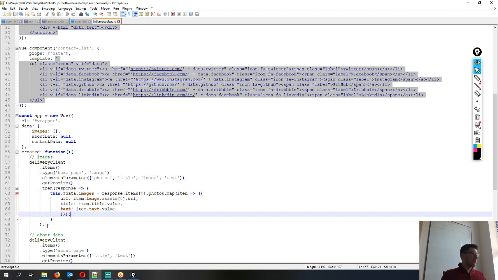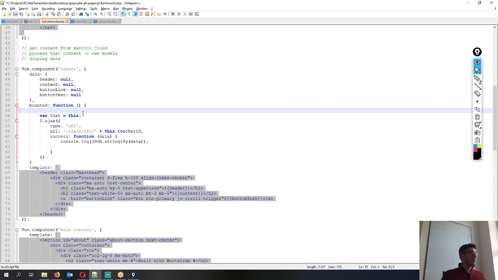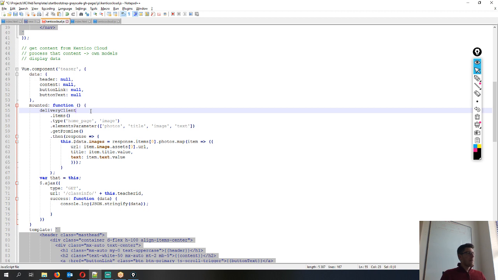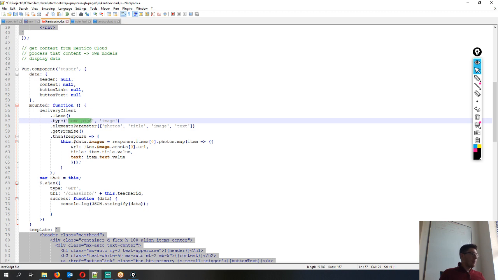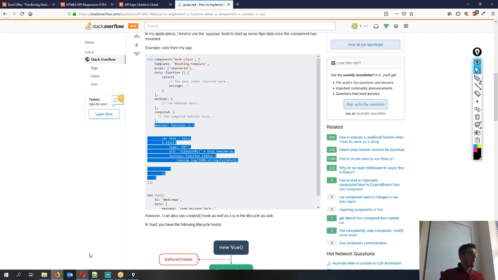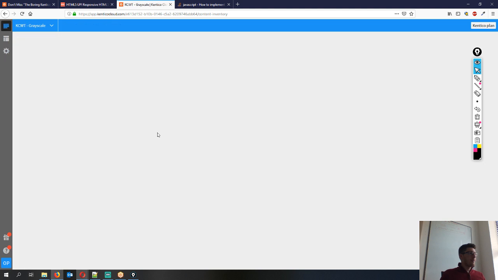So for that, I will use the delivery client. I'll just copy that over and explain it right here. So the delivery client is actually taking all the items currently from Kentico Cloud, and here I can define the type of the items that I'm looking for. Now in this case, I'm looking only for items of a specific type, and the type